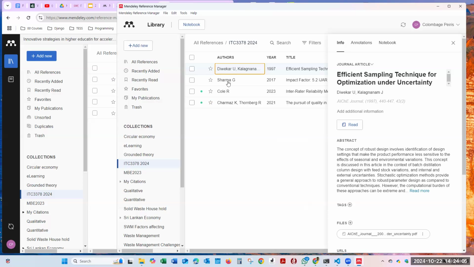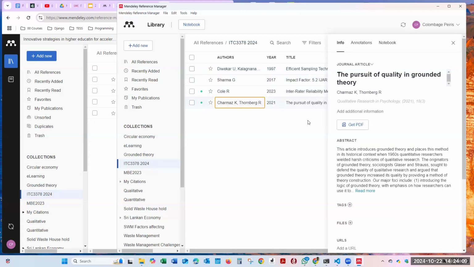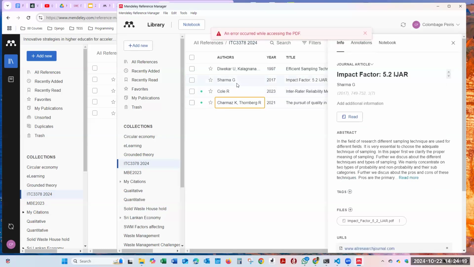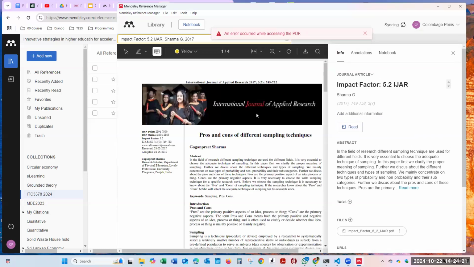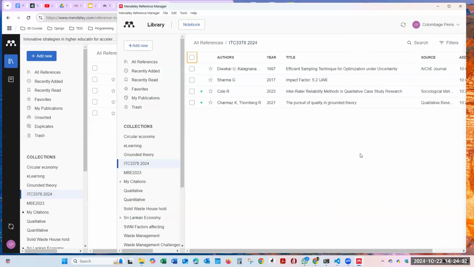Now you can easily read the abstract, and if you think, okay, I should read this paper, you can. Sorry, some papers are not available, but some papers you can read here. We can discuss later how to fix if there are errors, but you can see here. Then when you close the paper view, detail view,